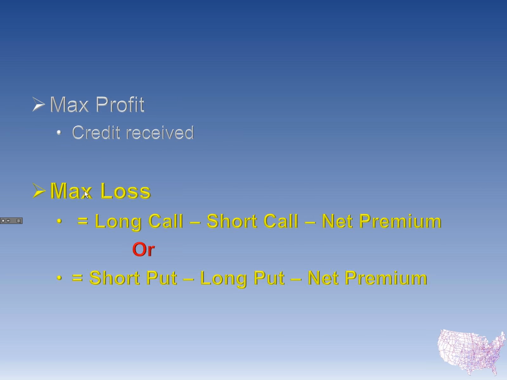All right, max loss we've got to worry about. Our max loss is basically the long call minus the short call minus the premium. Basically it's the difference between these two minus the premium. That's then our max loss. Our credit is the max profit we can get. The max loss is whatever's left between those strikes that we were referring to. And the put is the width of the put spread minus the premium. And then whatever's left is our max loss.